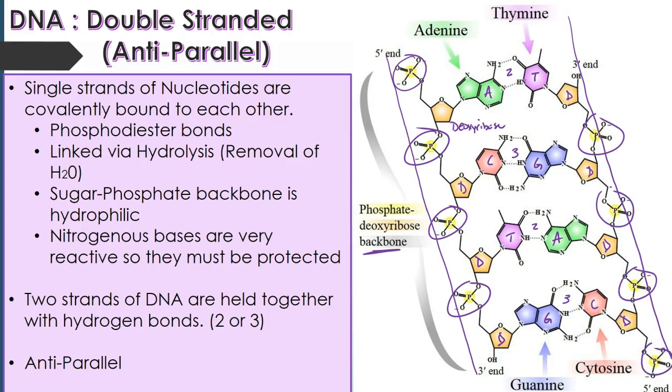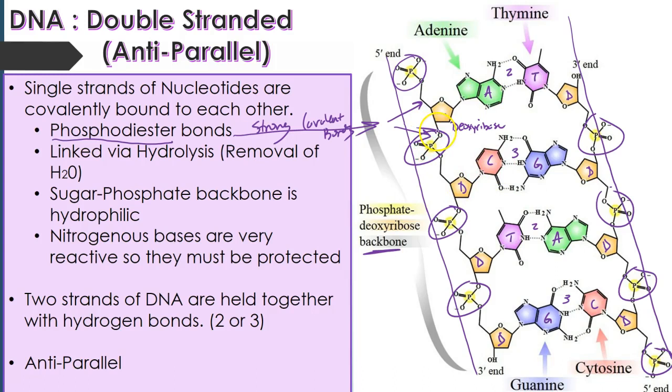Okay? So, these bonds right here, the bonds that hold the phosphate and sugar together, are considered phosphodiester bonds. So the phosphodiester bonds can be seen there. They are incredibly strong. They are a form of covalent bonds, and they are the strong bonds that hold the backbone together. The individual nucleotides, and remember, this is a nucleotide, phosphate, sugar, base, is bound to the next nucleotide